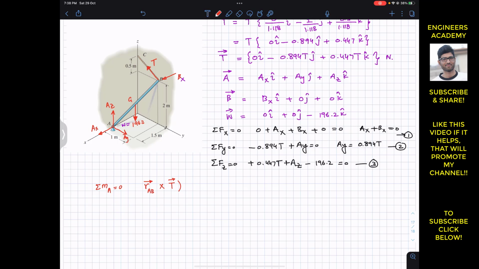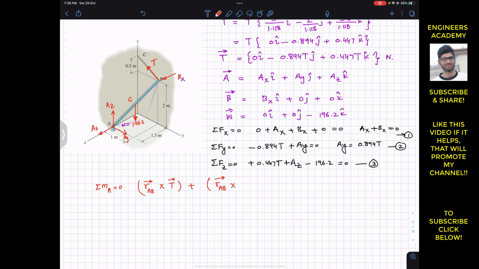So this will give us the moment of the tension in cable about point A. So this is the moment arm and this is the T Cartesian vector. Then we will write plus, then the moment for this B will be again the position vector from A to B. That will be the moment arm for the B vector. So we will write RAB